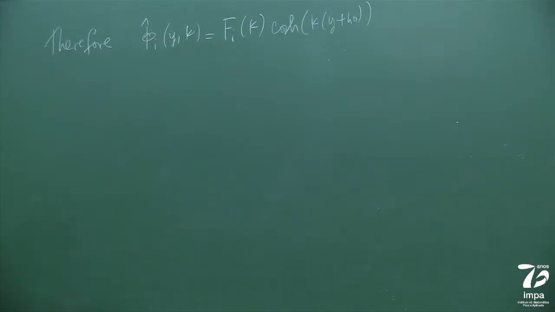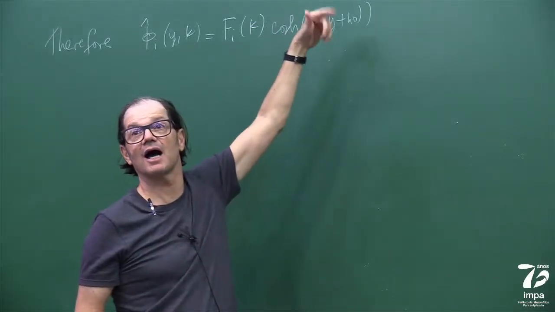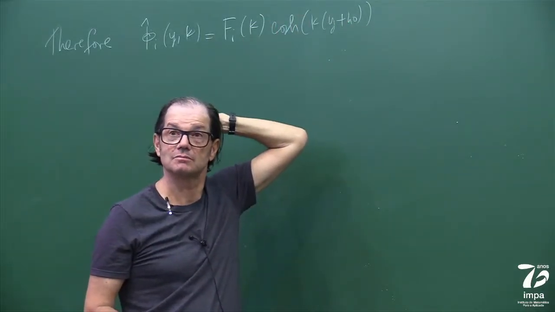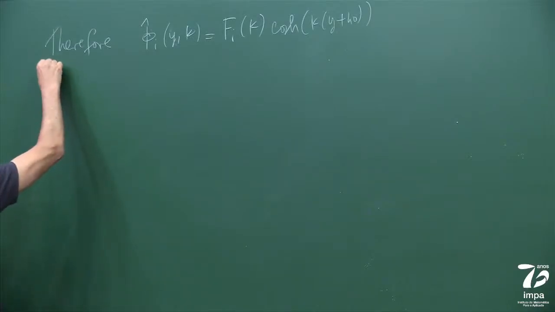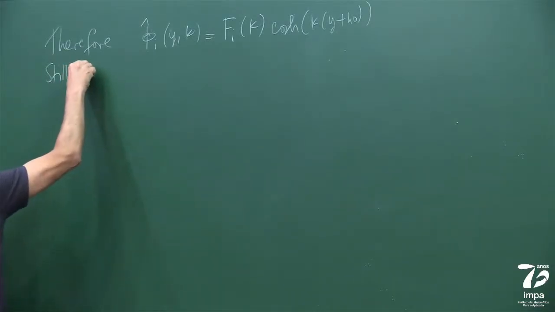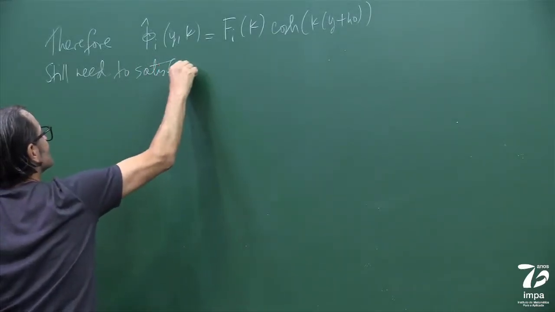Okay? Because now cosh times e to the i blah, blah, blah is a harmonic function. Okay? Well, now we still need to satisfy